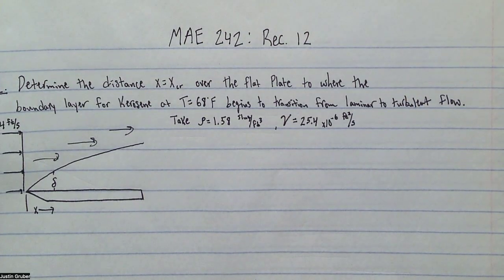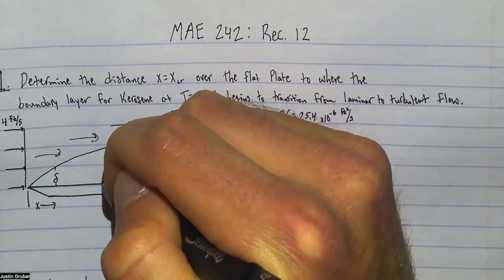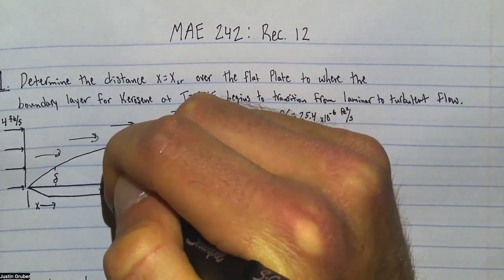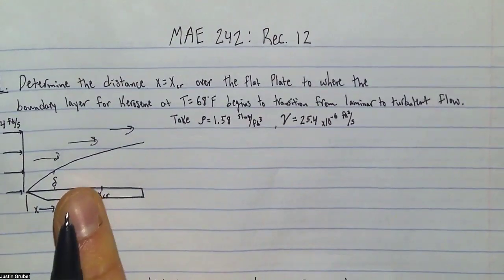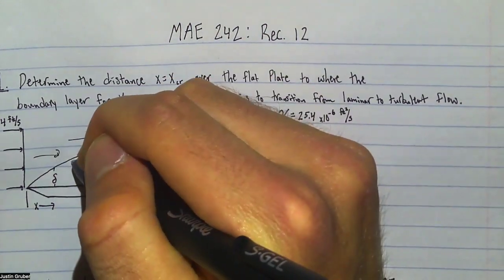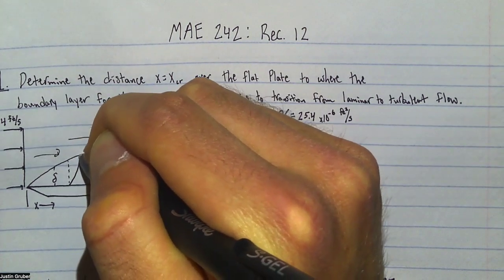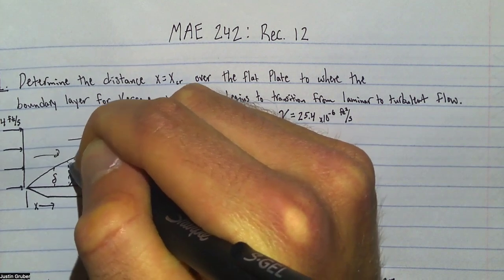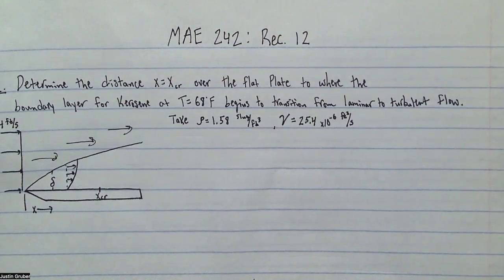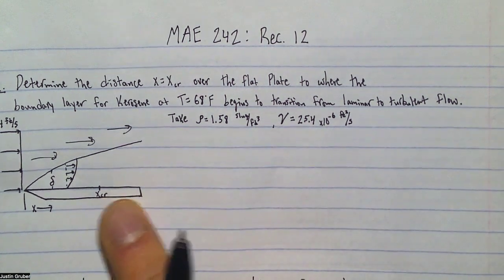And so now let's say, for the sake of argument, our critical X length is like right here, right? So everything before this is perfectly laminar, okay? And you get a velocity profile that's pretty nice, pretty well behaved, right? It's like what you saw in the first few sets of homework, right? Where you had that velocity gradient sort of thing, right? You know what I'm talking about? But as soon as you get past this,